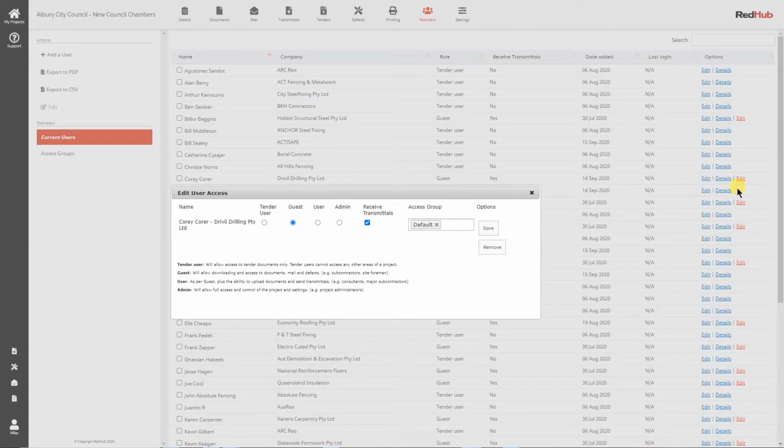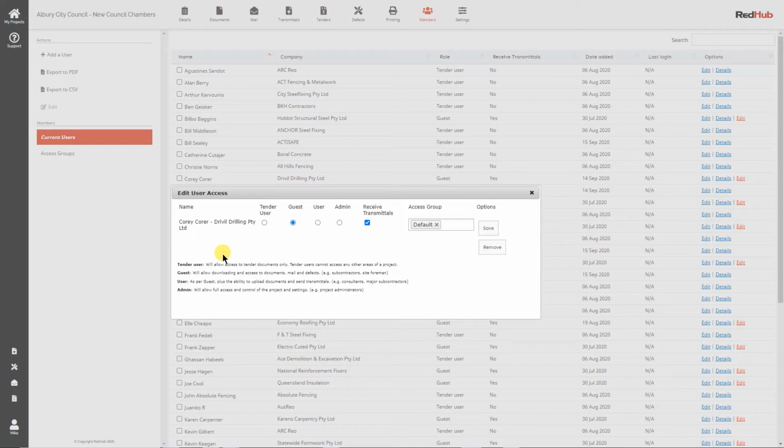I'm going to show you the different levels of users in RedHub and how they would apply to the different members in the project. They're all listed down in this column here. It just tells you where they're sitting at, and you can change quite easily their level of use. But if I can start off with this legend down here, which describes how we might assign a particular user